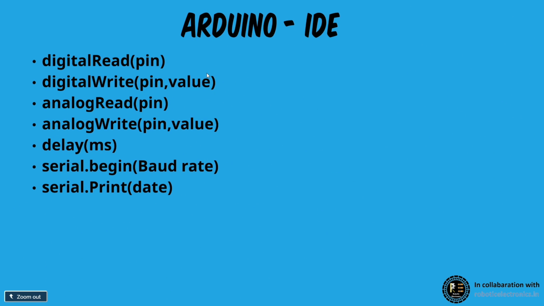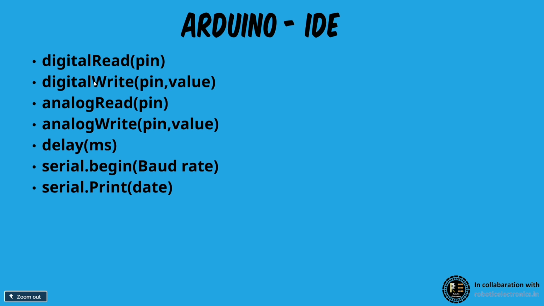Next, we move on to some of the basic functions that are used in the Arduino IDE. Initially, digitalRead and the pin. The place where pin is written, we have to replace with the pin number. This function is mainly used to read input from a digital signal. A digital signal usually consists of 0 and 1, as discussed in the previous module. When the microcontroller is connected with different sensors, we use digitalRead to read the input into the microcontroller from these sensors.